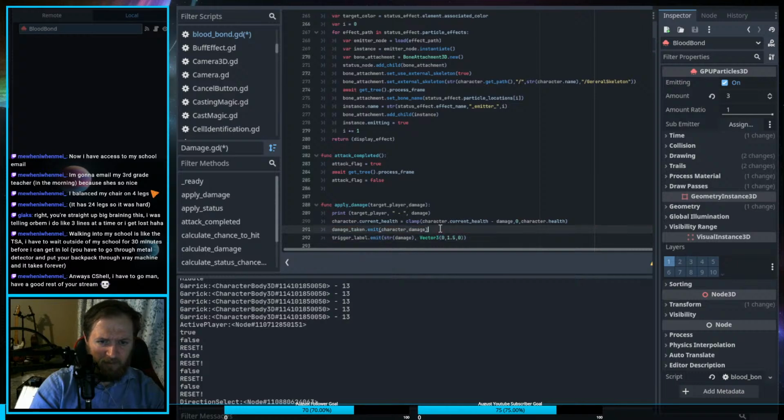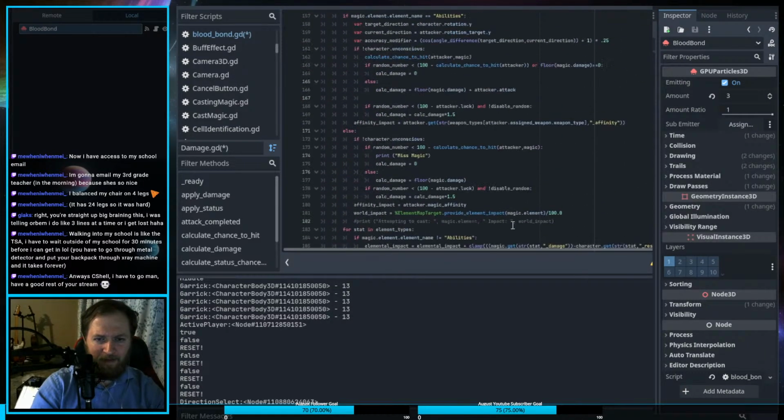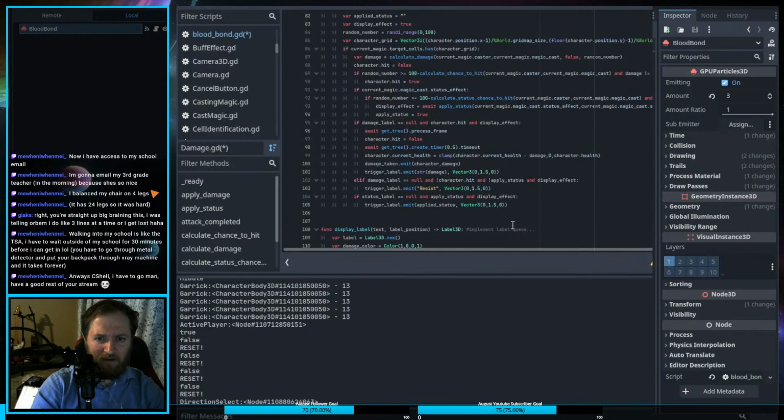The damage, I don't want this one, otherwise I'd be in a never-ending tunnel of that. Okay. So let's see. That's pretty good. And then back up here, what I would want to do is